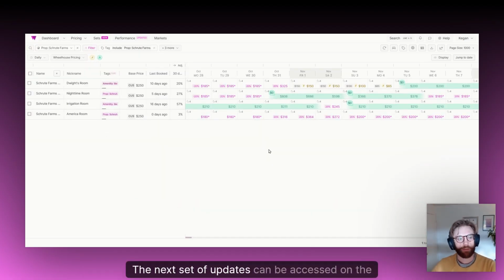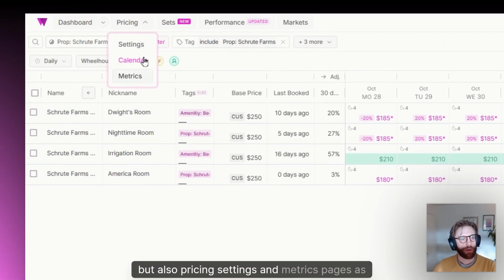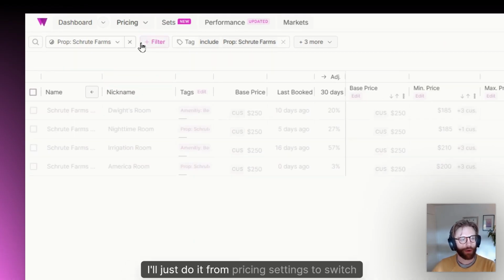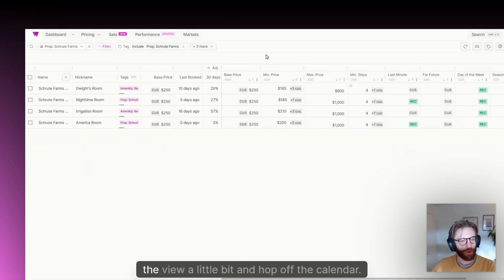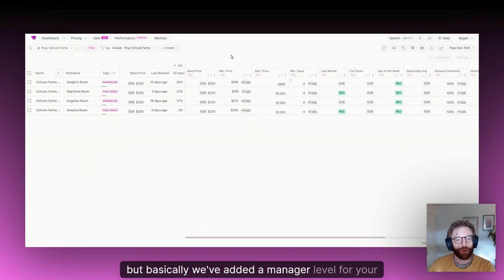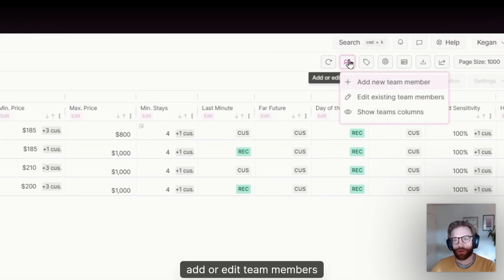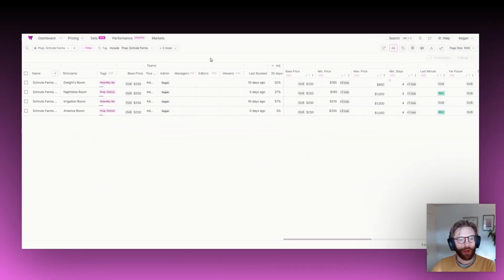The next set of updates can be accessed on the pricing calendar, but also pricing settings and metrics pages as well. I'll just do it from pricing settings to switch up the view a little bit and hop off the calendar. But basically, we've added a manager level for your team members for their access to the listings. So if I click the Teams button here, add or edit team members, and then show team columns, we now